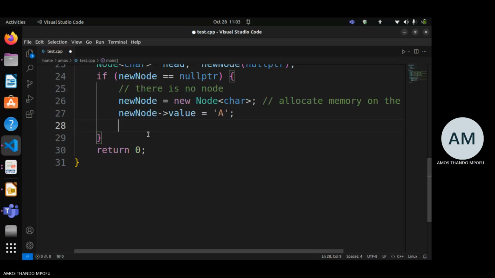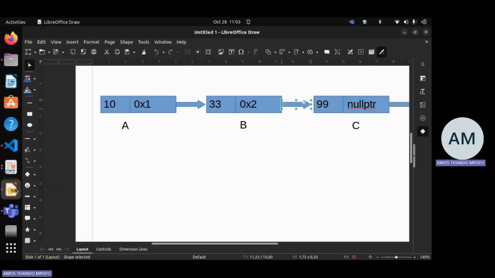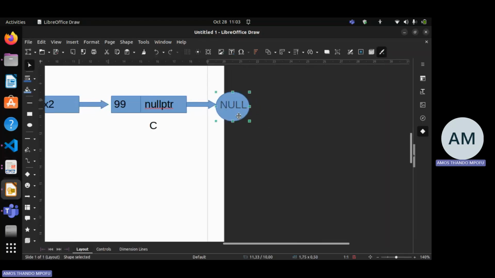And then, remember what's happening here. Let me demonstrate what's happening here. I asked the computer to check if this node is currently non-existent, so it points to nothing. And then if the result was that it points to nothing,